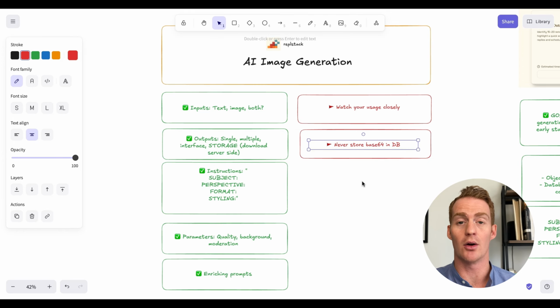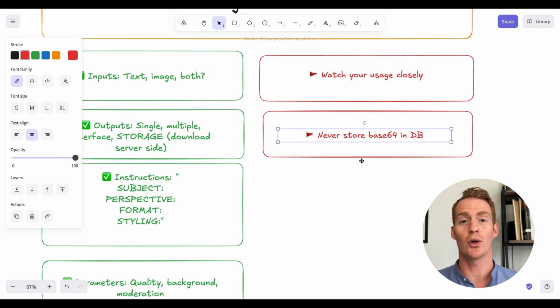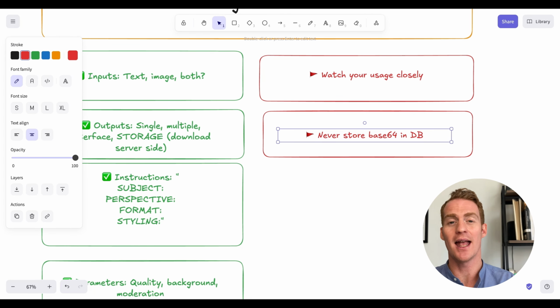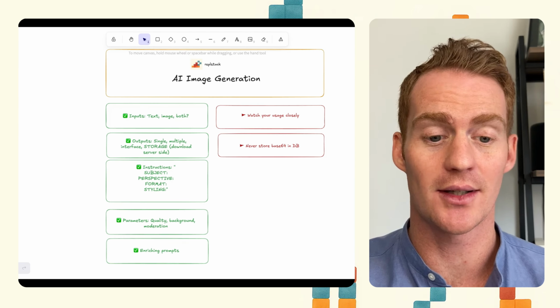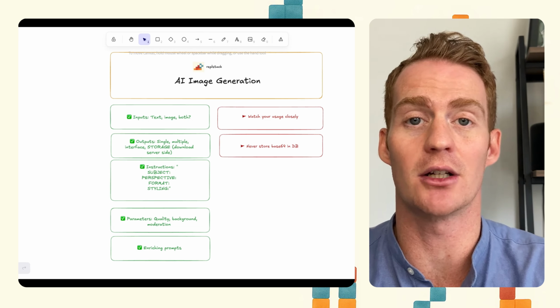And the only other thing to note from experience is never store the base64 data in your actual database. Again, we want to use Replit's app storage to store the big image object and just reference the file from there in our database table. Otherwise, that's it. That's basically all you need to know to start building your own AI image generation features